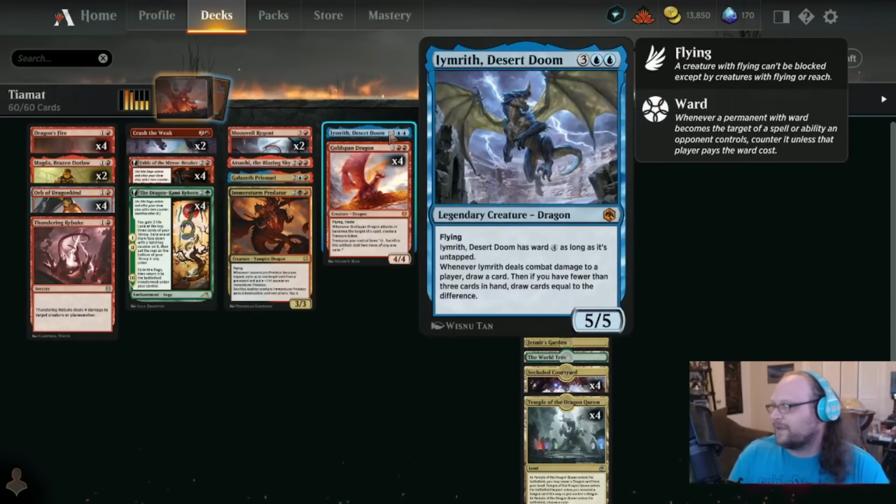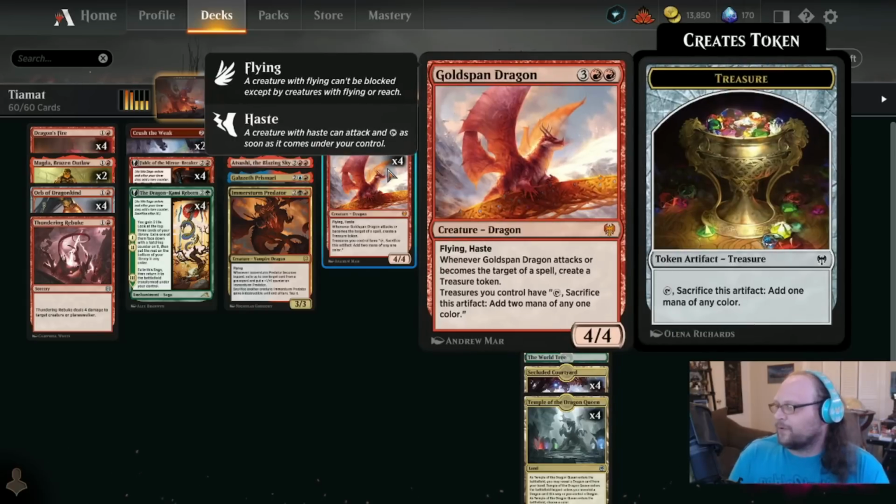And Imrith Desert Doom, because if you're going to play a 5-drop besides Goldspan Dragon, slip in a copy of this. The deck needs card draw. It's a fine card. Also blocks other Goldspans well. But then, of course, Goldspan, because,